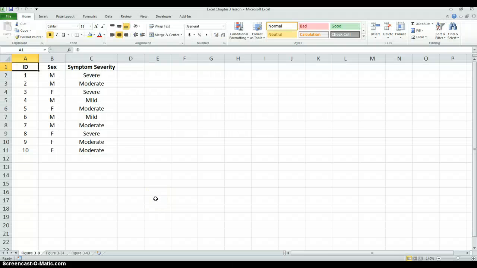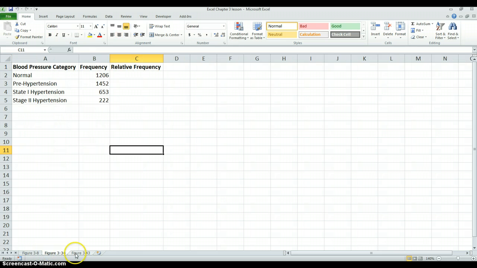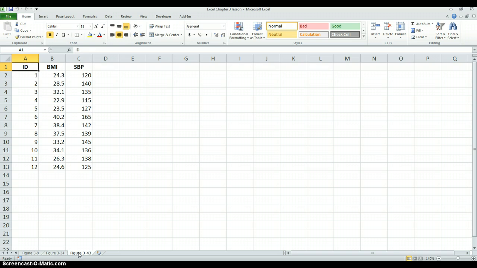Hello, this is the Chapter 3 Excel lesson. In this short lesson we're going to talk about some of the basics of creating charts and tables in Microsoft Excel. So to start off with, I have entered here some data from Figure 3.8, Figure 3.34, and Figure 3.43